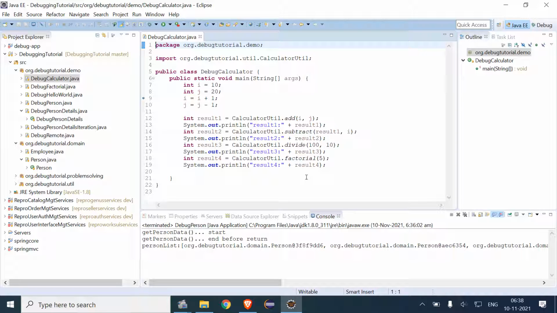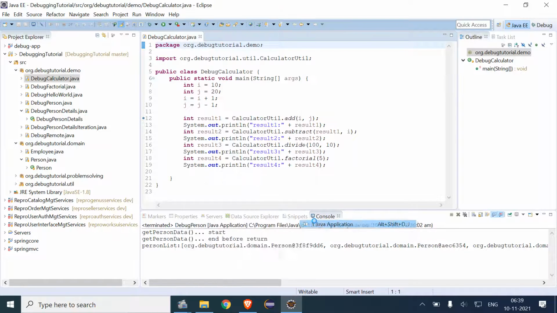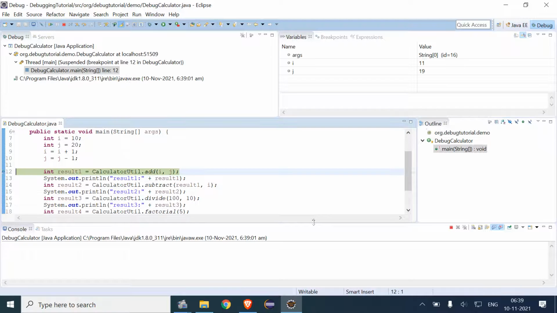So now basically we have changing variable values during debugging. So we will see how we can change the values of variables during debugging. And if I give int result one, I remove this toggle point and I give it here, and I run this in debug mode. So here if I come to the variables, the value of i and j are being displayed.